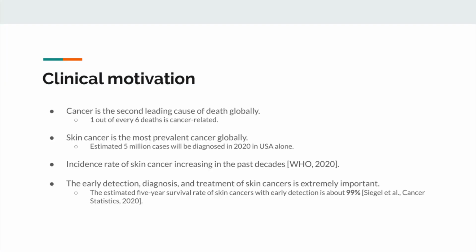Cancer is the second leading cause of death globally, and of all the forms of cancer, skin cancer is the most prevalent, with 5 million cases estimated to be diagnosed in 2020 in the USA alone. However, the estimated 5-year survival rate of skin cancers with early detection is as high as 99%, making early detection